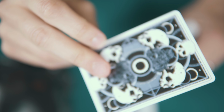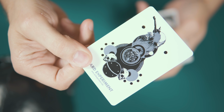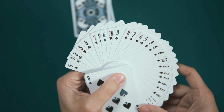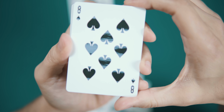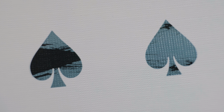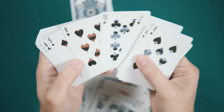There is a double backer and a card experiment ad card that features a lot of the same visuals found elsewhere. The indices, pips, and placement are all custom as well. The font is a bit smaller than standard, still legible. The same is true of the pips. Both the pips and indices include a graphic pattern overlaid into them that gives each pip and number a more